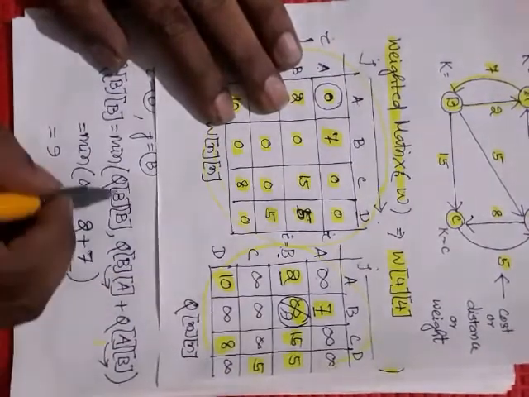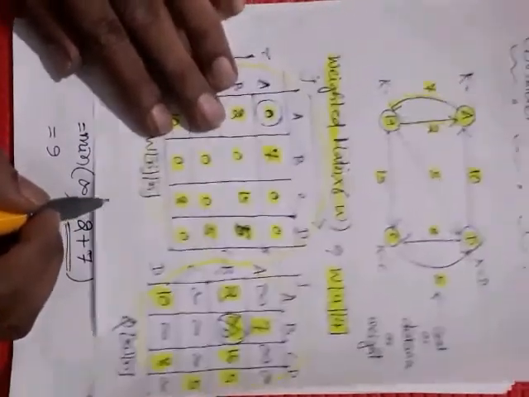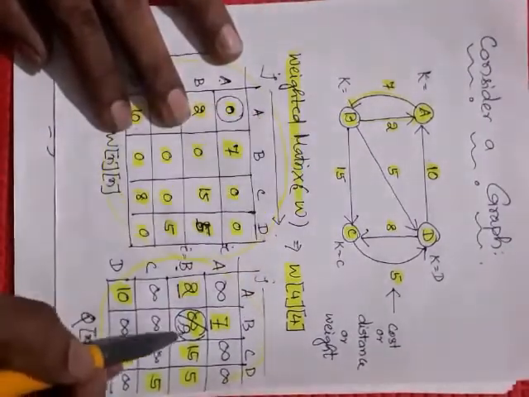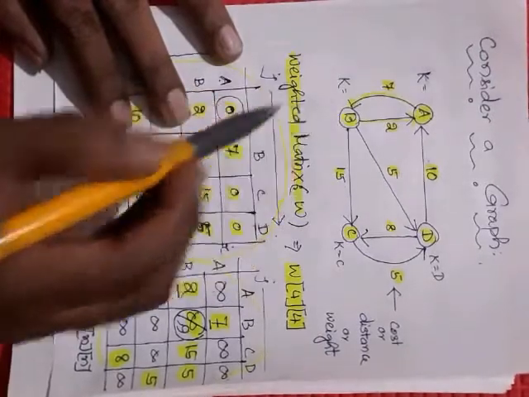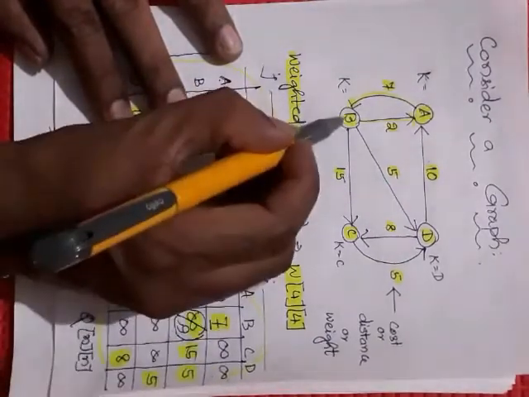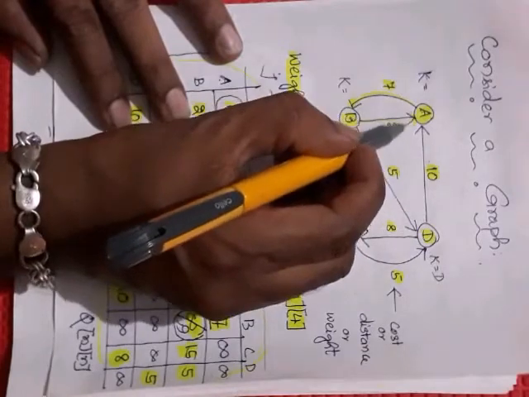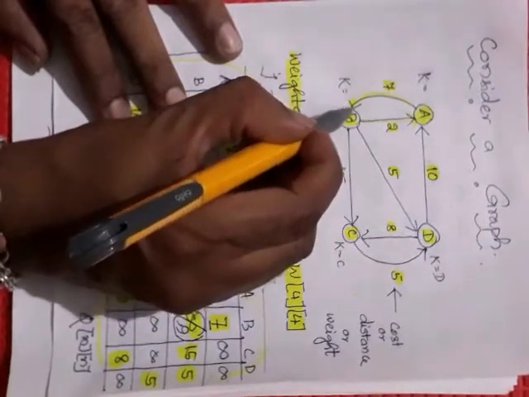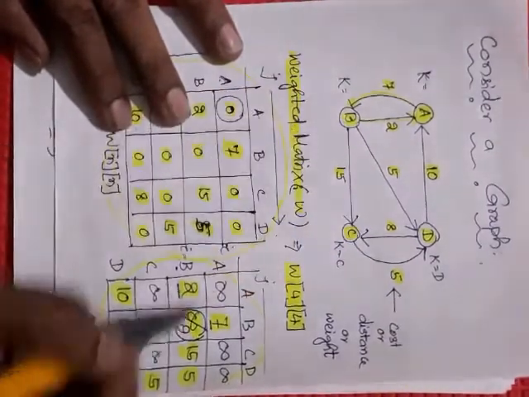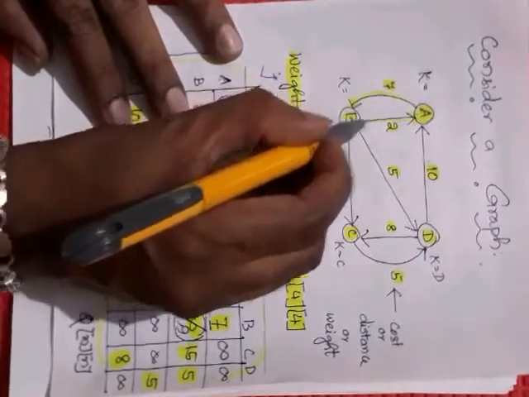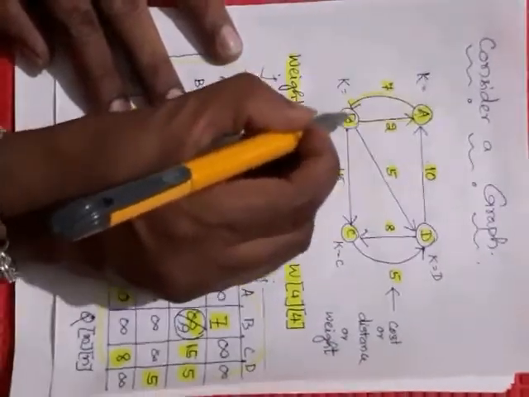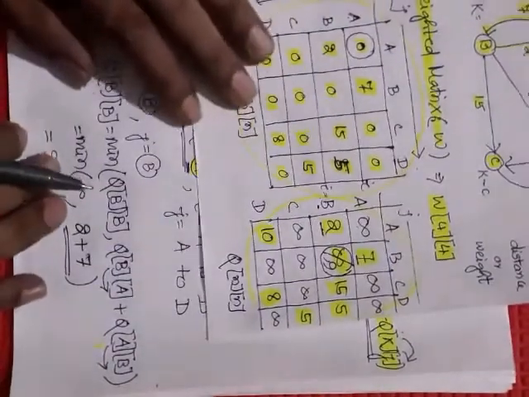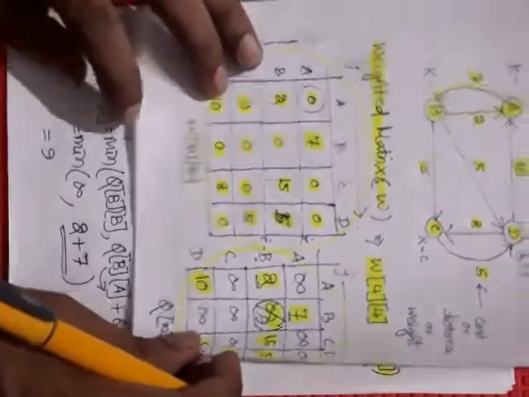If you verify in the graph, you can see that for b to b you have infinite, because there are no edges there. But b to a, the value is 2, given. Then a to b, the value is 7. So earlier the value was infinite; now, using intermediate vertex a, b to b is 9. So that has been updated. Like that, other areas will also be verified.